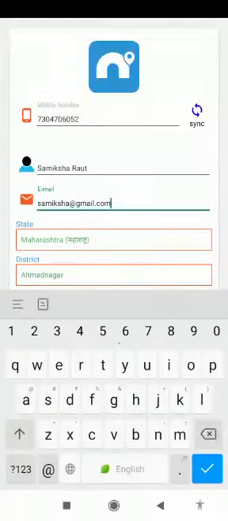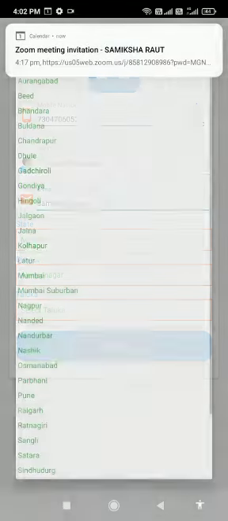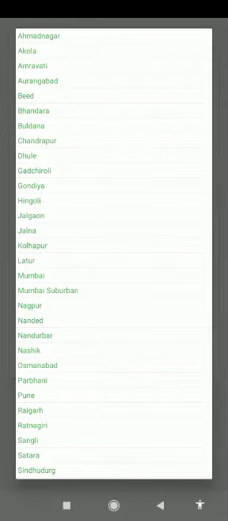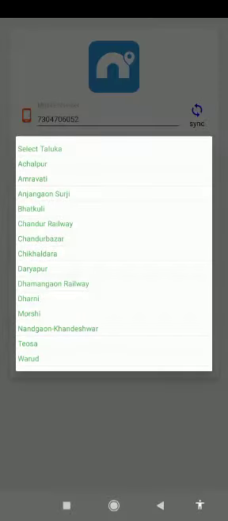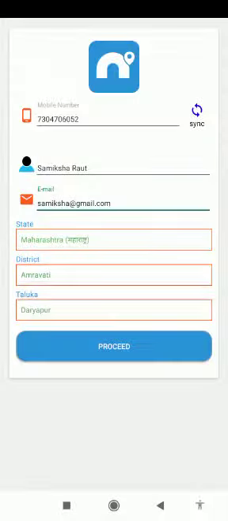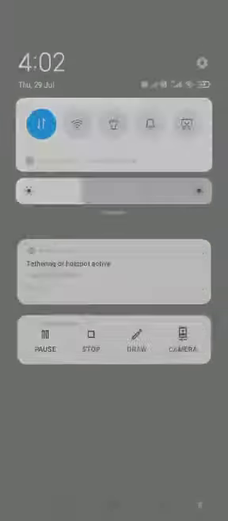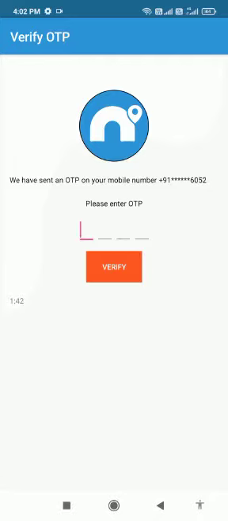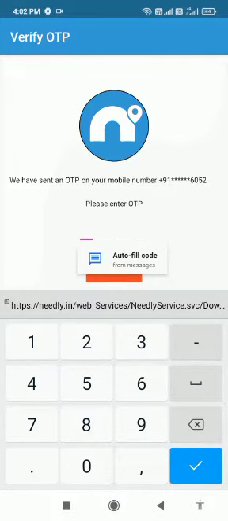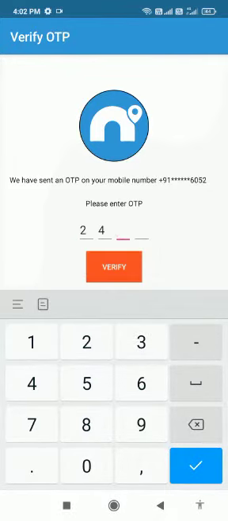Select your state. Select your district and select your taluka. Click on proceed button. Enter OTP here and verify.